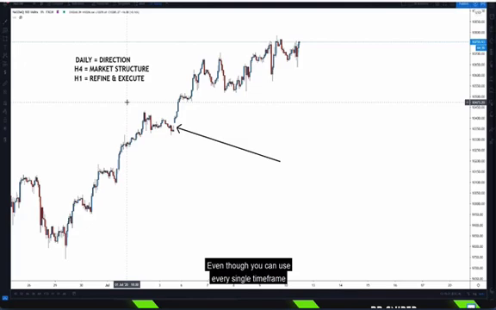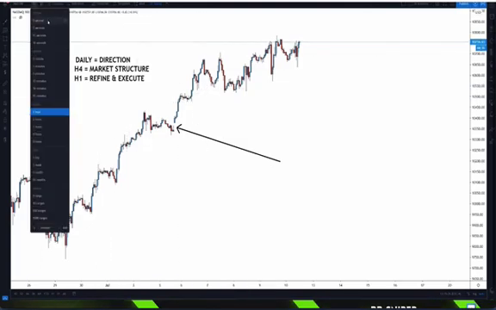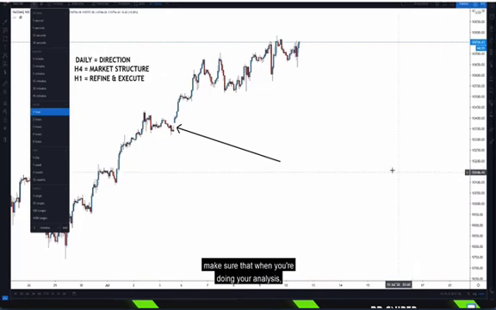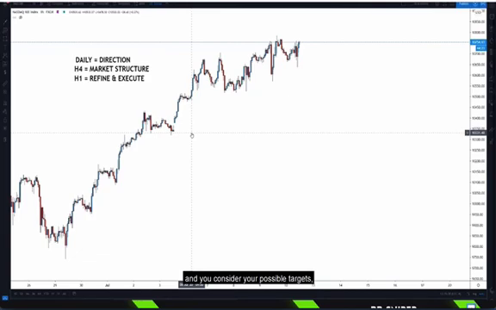Even though you can use every single time frame, all the way from the tick data to beyond the yearly, make sure that when you're doing your analysis, you have the right expectations and you consider your possible targets, possible risk parameters, and potential